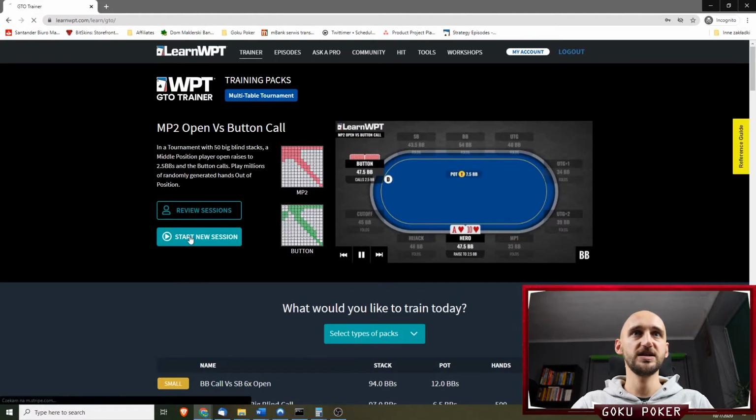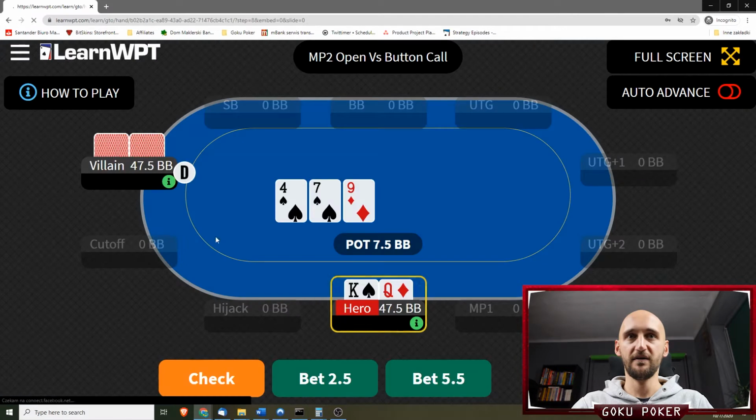Today we're gonna jump into another WPT GTO trainer session. Here we're playing game theory optimal spots and practicing them really. Right now we're at the MTT spot, MP2, so middle position 2, open versus button call. So let's jump right into it. We play 25 hands per session, and if you want to watch some of our previous sessions, just check out the previous videos. We have King Queen off on a 4-7-9 on our first hand, and we are going to